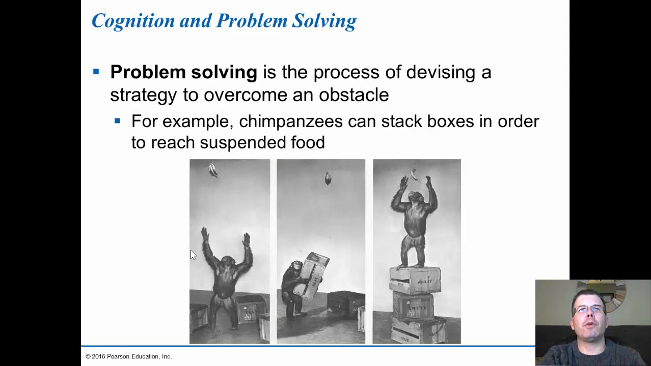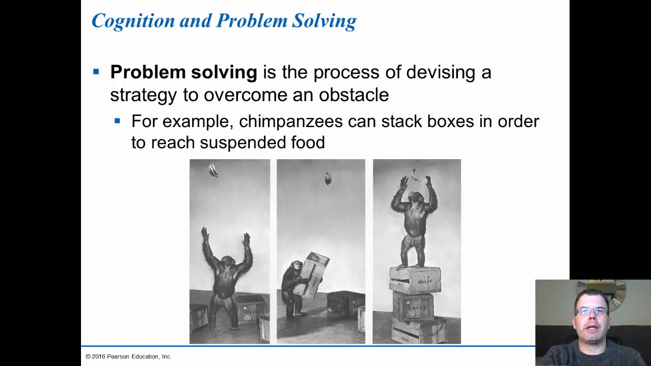Now, another example is problem solving. We see this in a wide variety of animals. We've seen this in octopi and squids, that they can figure out problems. But the other example we see is using a strategy to overcome an obstacle. In this case, there are bananas hanging, and the chimpanzee recognizes these boxes. He figures out how to stack the boxes and then is able to get the food. And that's a big part of cognitive learning in those situations, problem solving, and figuring out strategies